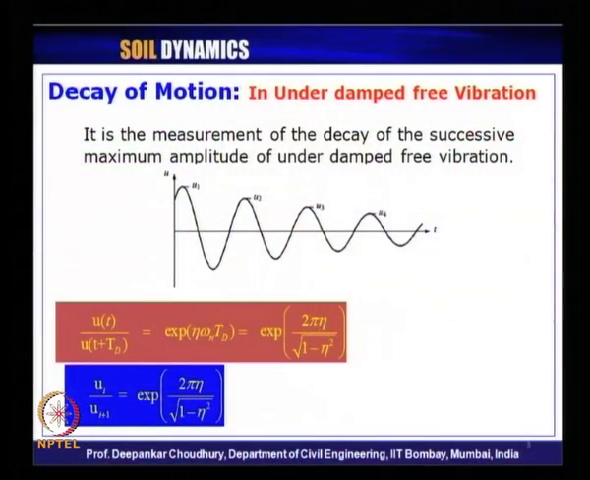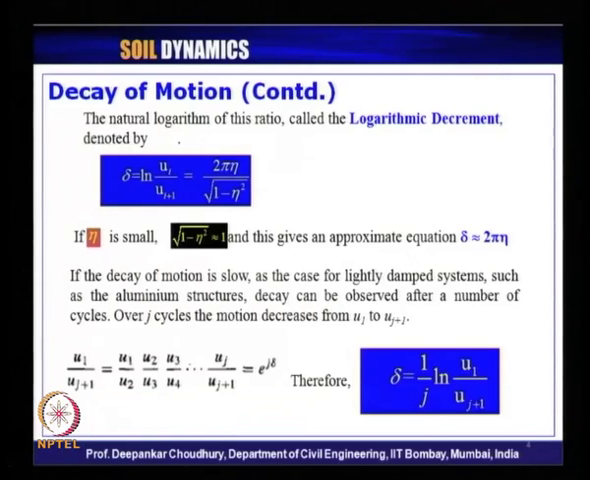Just a small recap of what we had learned. The decay of motion for the case of underdamped free vibration is also known as logarithmic decrement. The measure of the decay of successive maximum amplitude in the case of underdamped free vibration, expressed in natural log, is the measurement of the logarithmic decrement, denoted by this parameter delta, which is expressed, on simplification, as 2 pi eta by root over 1 minus eta square. So, it is a function of only the damping ratio of the system,